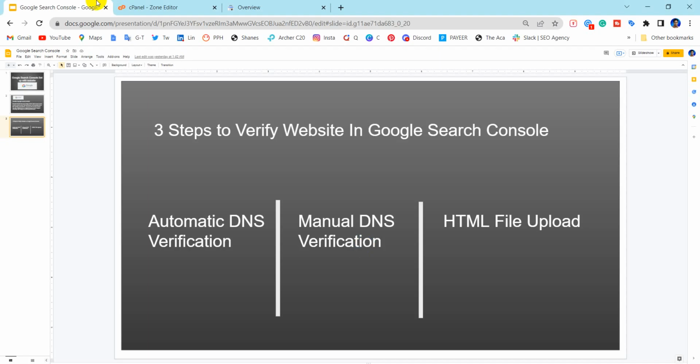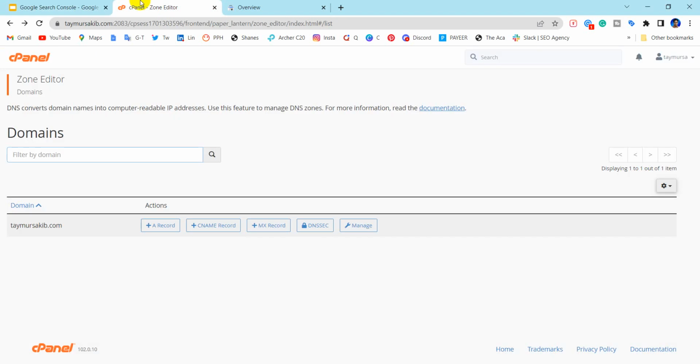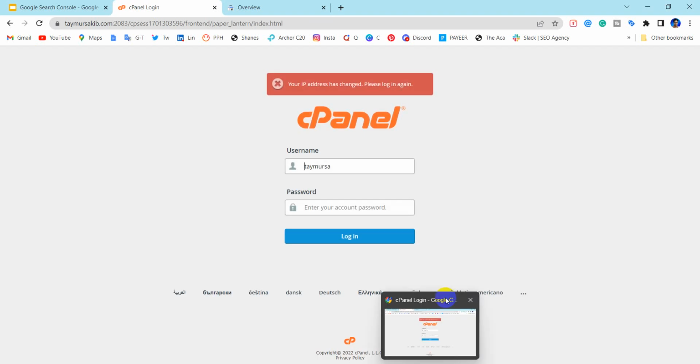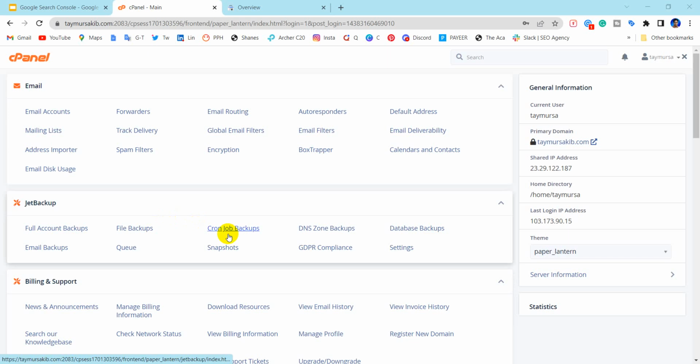Make sure that you have logged into your cPanel. This is my cPanel. So I'm going to log in. So I have logged into my cPanel. Actually, different hosting providers' cPanels look different. That's why my cPanel is looking something like that. And here you need to search